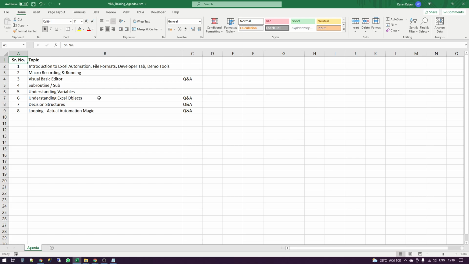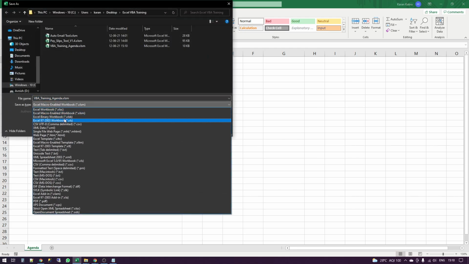So I'm sure everybody is aware that XLSX is the basic file format that I think most of you must be using. XLSX. Earlier there used to be XLS, but mostly it is out of circulation now. It's XLSX. If you have to write any code or any macros inside your Excel workbook, you have to save the workbook as XLSM. M stands for macro, right?